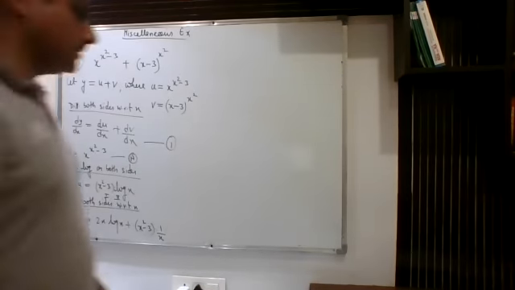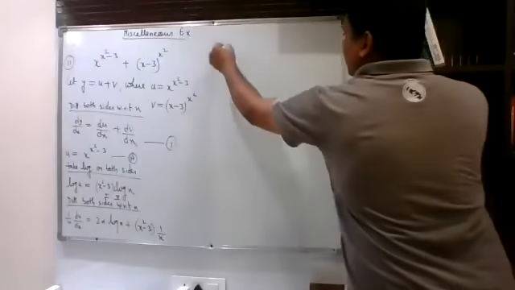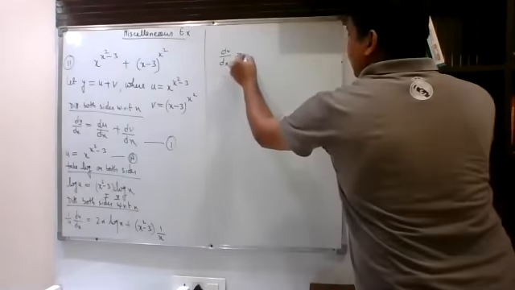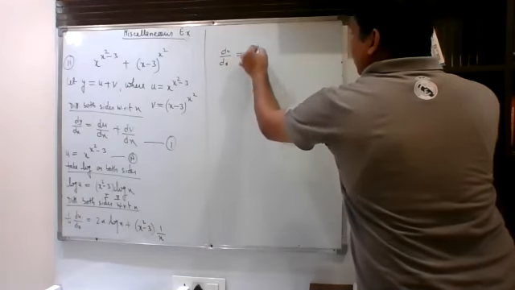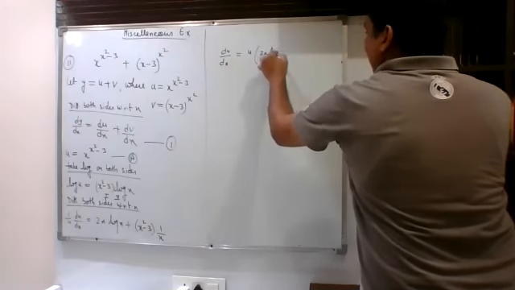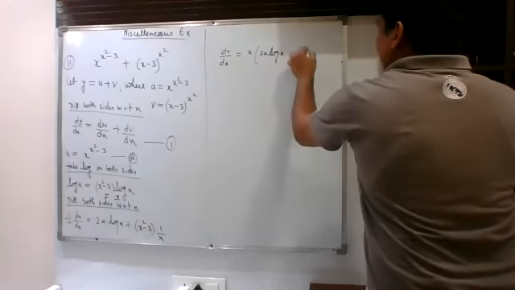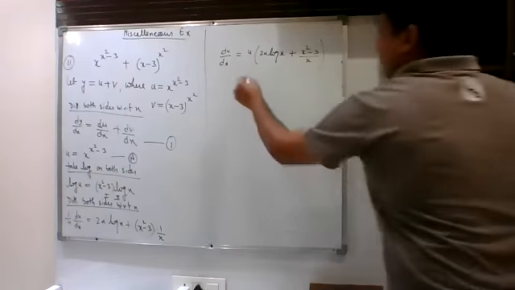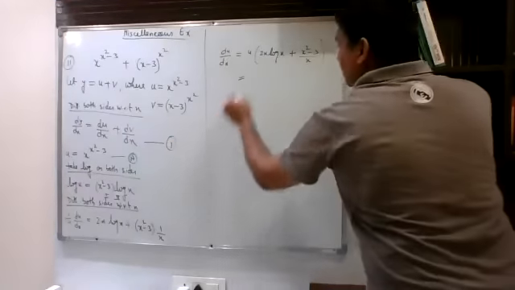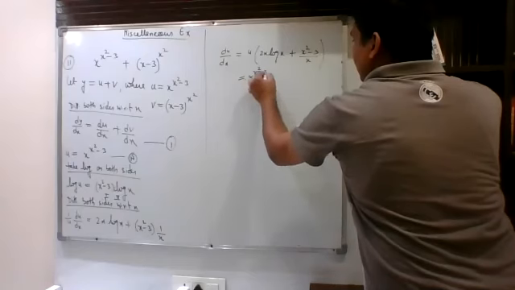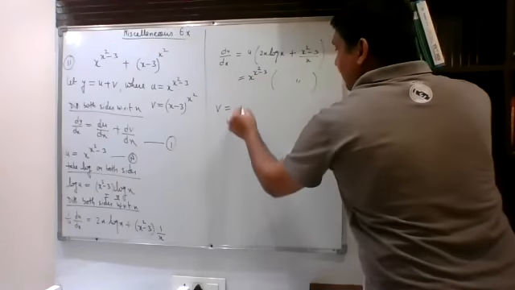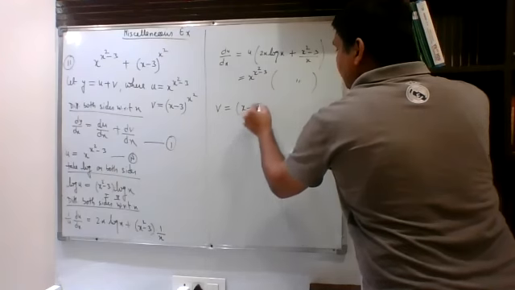You will put the value of u over here. So finally, you will get this as du upon dx will be equal to u into 2x log x plus x square minus 3 upon x. Now, put the value of u from number a. So this is x to the power of x square minus 3 into this bracket. Now let us consider v separately. So v is written as this much.